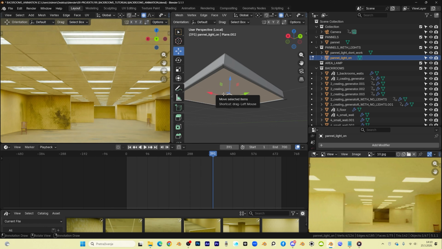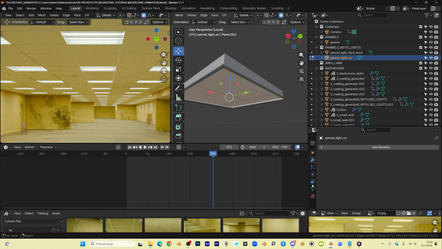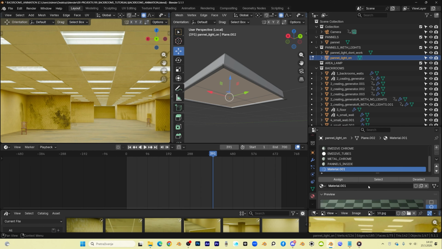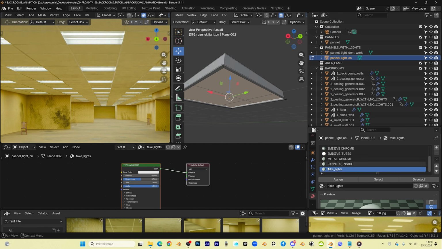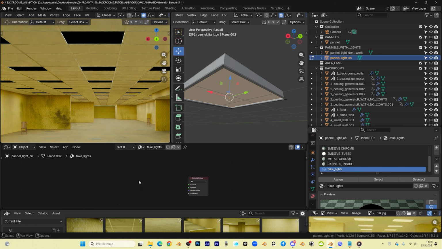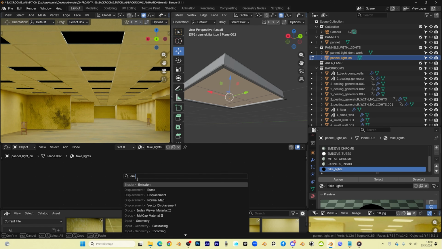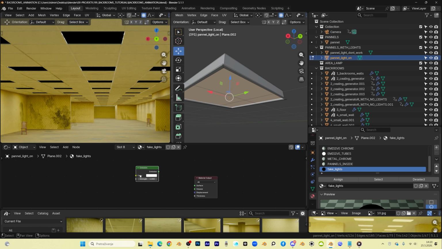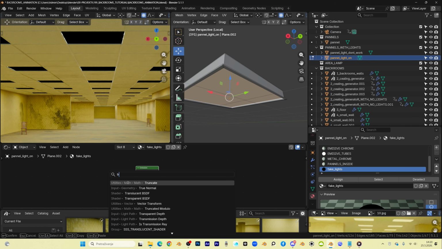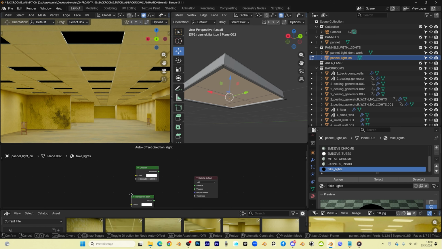and I will do the same as they do in reality. I will press H, so now we have this object. Basically they put something like a light diffuser on top to make this light soft. So we can try to do this: new material here, and we need to assign this emission and transparent, because I want to control the transparency of this. Now if we plug this here